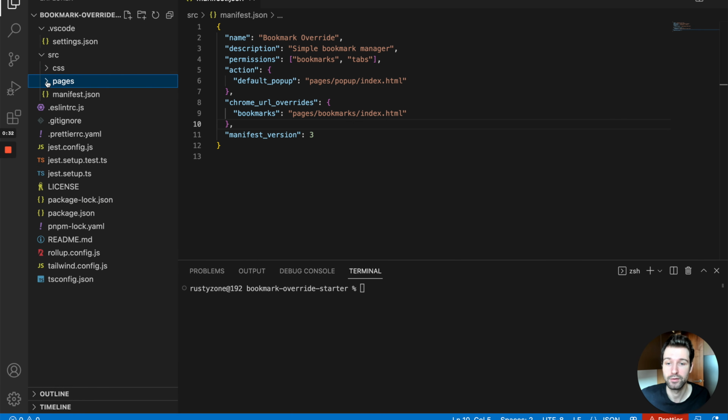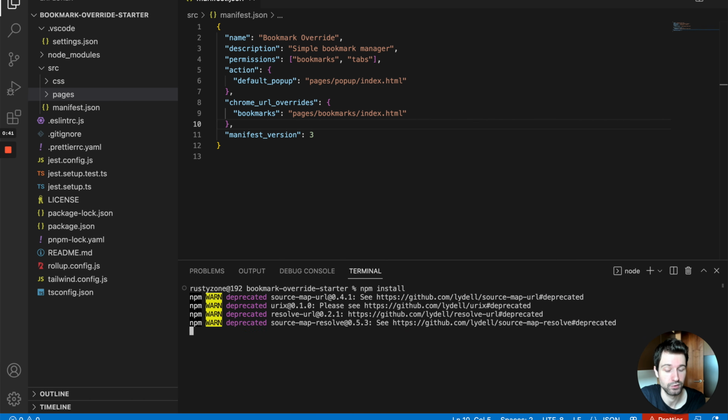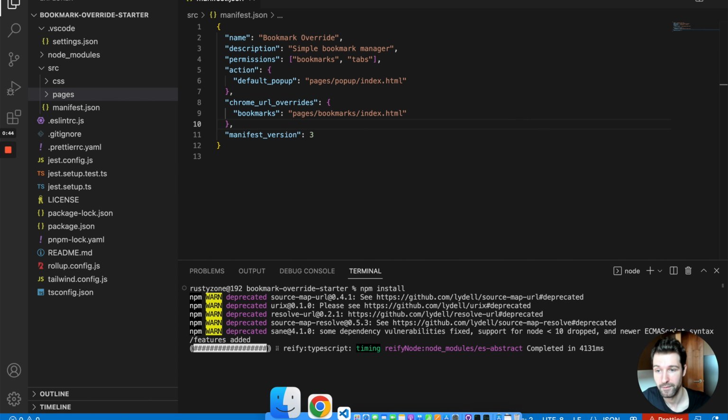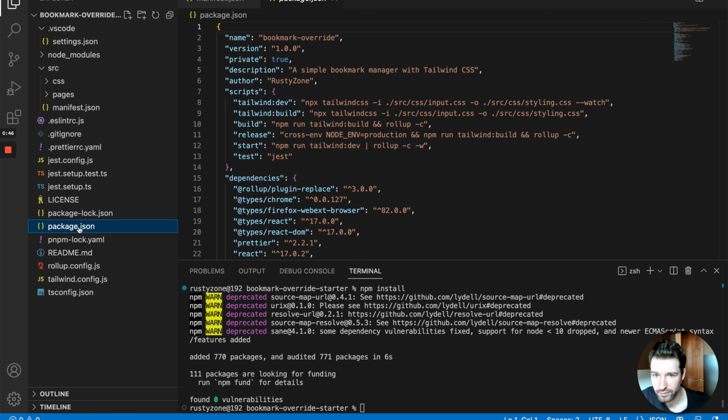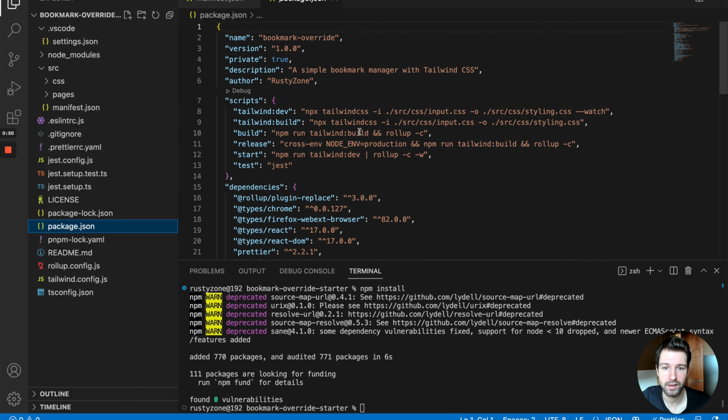But the first thing you need to do, once you get this, is run npm install and make sure that we've got everything we need to run the extensions. So we're going to go through our package.json here and make sure we've got everything set up that we need. One thing that we have in here as well is I've customized these scripts so that when we run npm start, we'll be able to run Tailwind and Rollup together, so we can actually use this effectively. So that should be installed now. So if we run npm start,